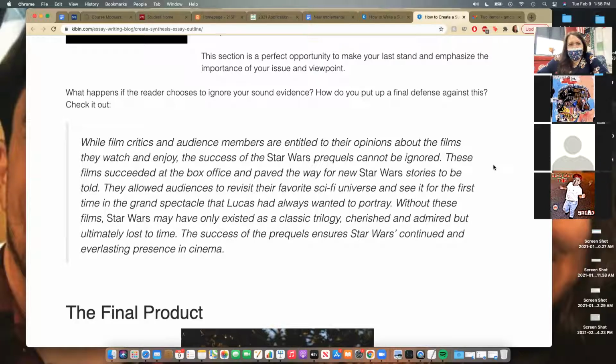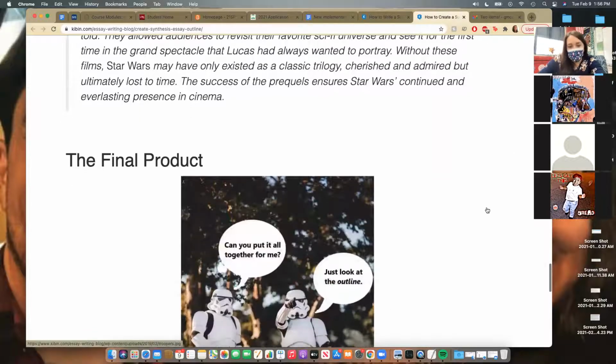Really solid, really solid. It does that thing that guides us away from the specificity of what we've talked about in our body paragraphs. It talks about the larger implications. Star Wars could have been lost to time. I mean, I doubt it because they're the biggest film trilogy ever, but